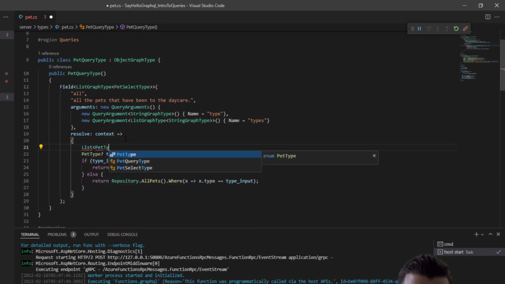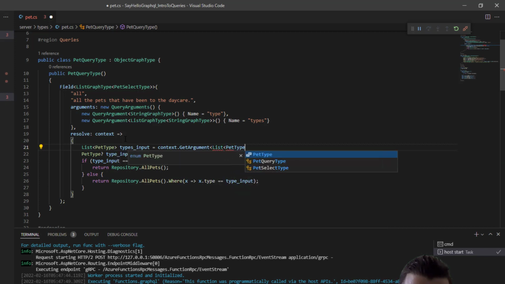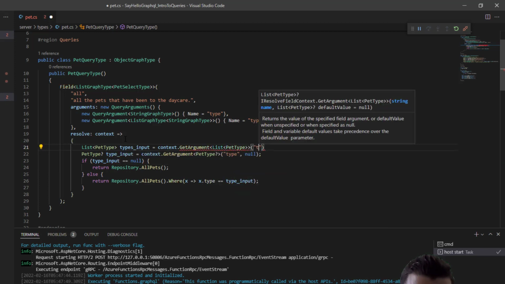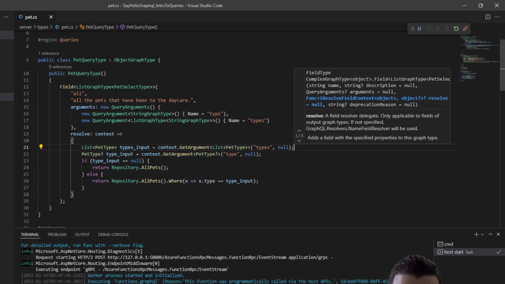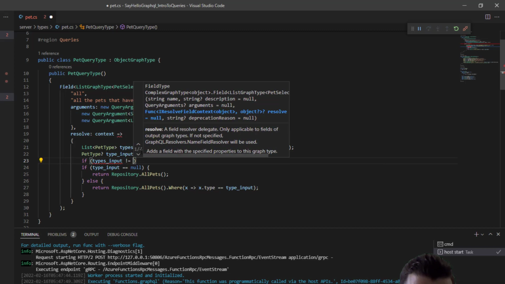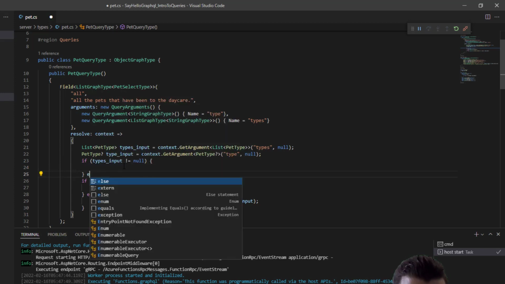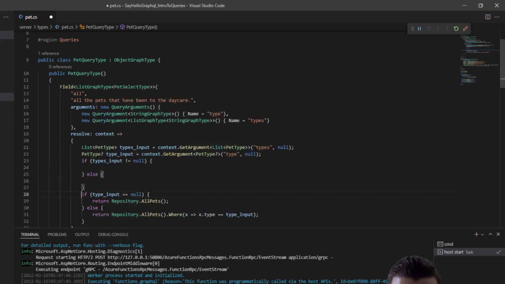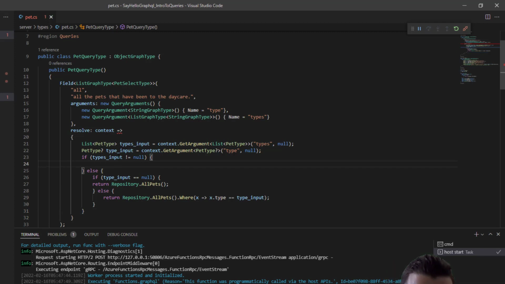So same as before, we're going to go list of pet type, types input equals context.getArgument list of pet type, and then we're going to go types, and then null. Same thing. And then here we're going to surround this, so if types input does not equal null, we want to evaluate it to bring that in. So I'm just going to rearrange this, so else, we're going to do that. But if we do have the multiple ones passed in, then we're going to